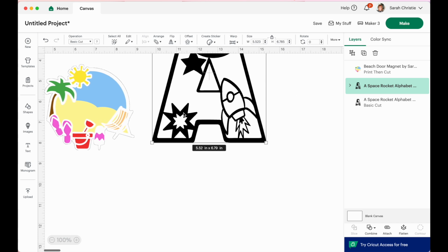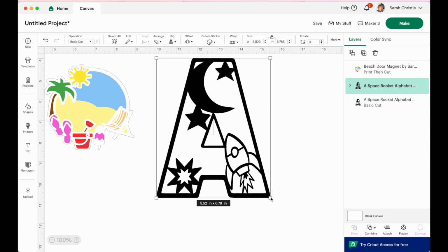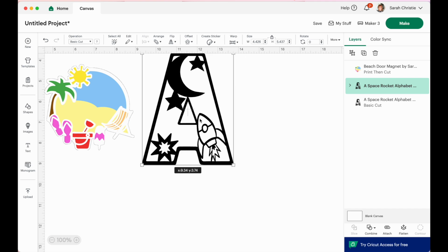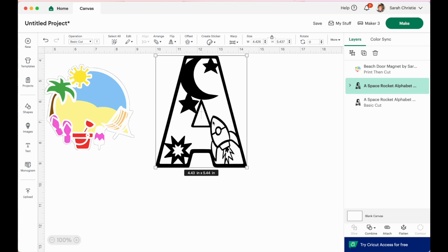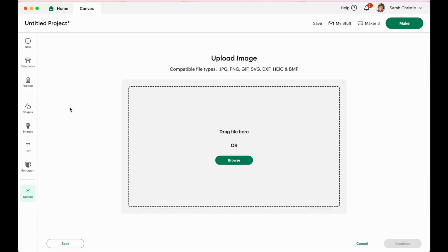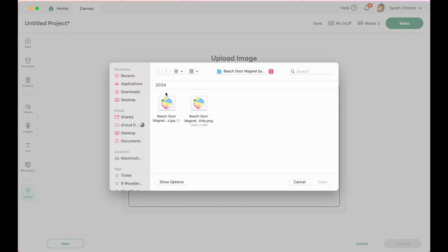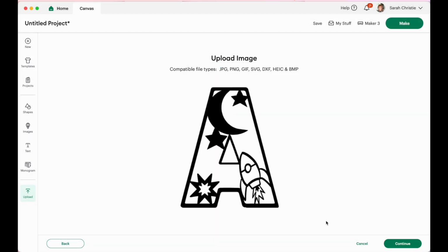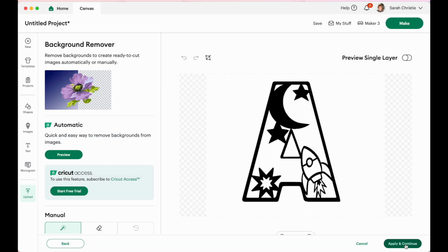So to upload it, it's really quite simple. Now I actually convert these into PNG and SVG so that you can download them for free. But if you were doing this for yourself, then all you need to do is follow this. So you've screenshot it, you're now going to go and upload a file, go onto your desktop because that's more than likely where it's saved. And there it is. So upload your image,